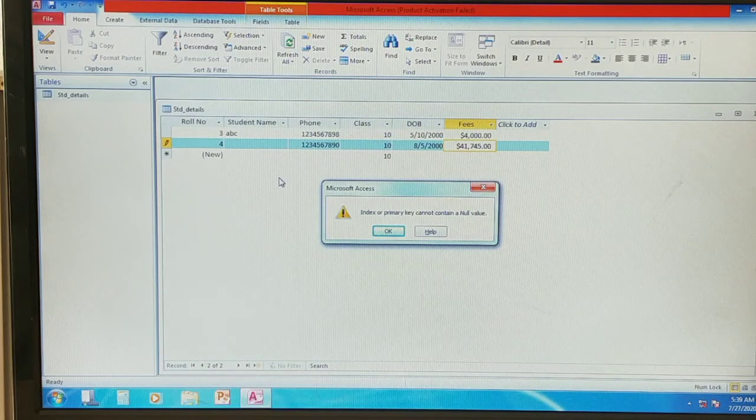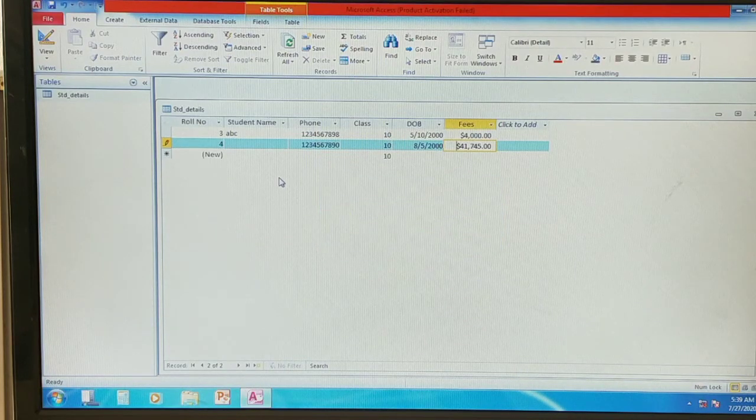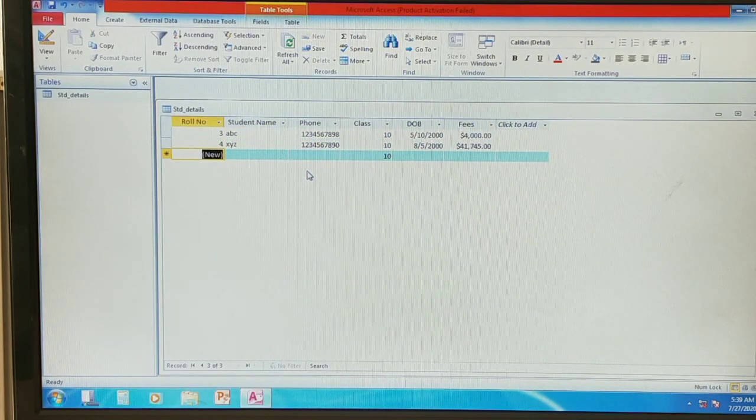It means we have to enter some value. Student name is a must, so you need to enter anything, say XYZ. So the student name field should not take null values. Why? Because it is a primary key.